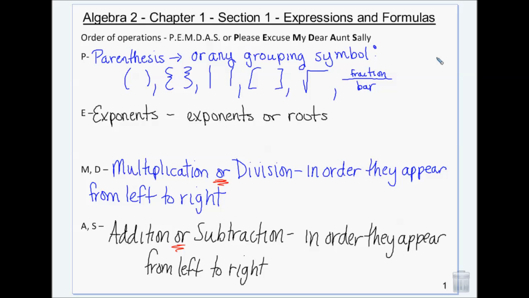So really it should be a G and not a P, because it should be G for grouping symbol, but then that would be GEMDAS, and I don't even know what you'd use for please excuse my dear Sally. So anyway,